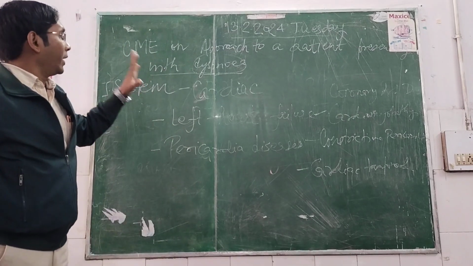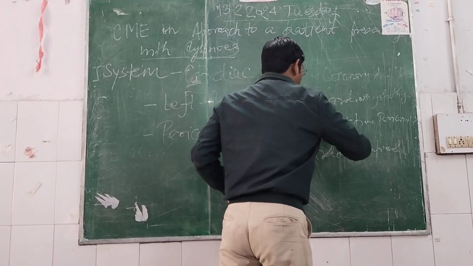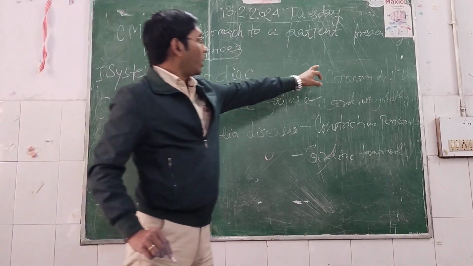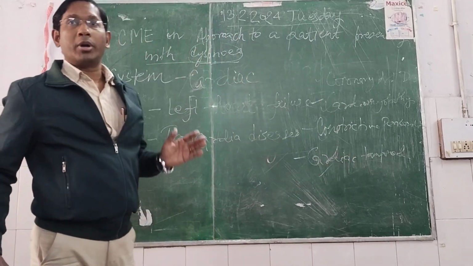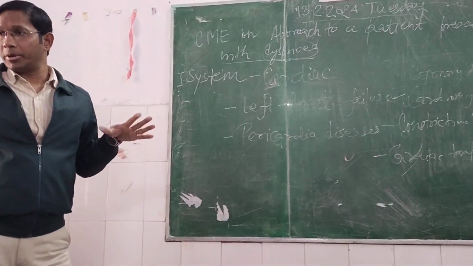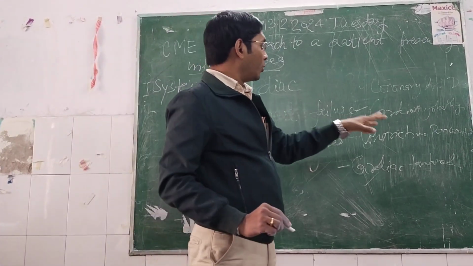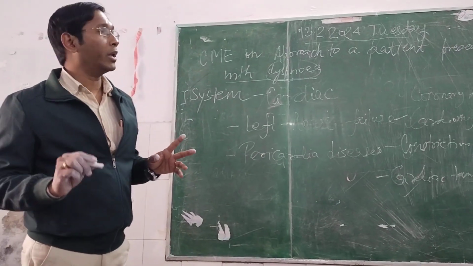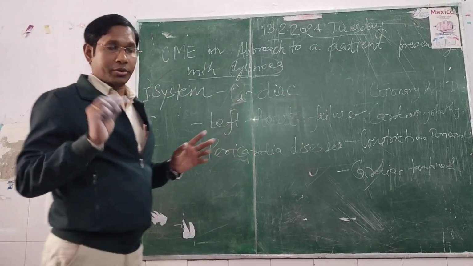So you should think about how ultimately these conditions become the causes of dyspnea. So what will be the cardiac causes of dyspnea? Coronary artery disease, cardiomyopathy, constrictive pericarditis, and cardiac tamponade. You should keep all these things in mind while you encounter a patient of dyspnea. And how you will reach down to the actual diagnosis, I will be telling further through the symptoms, physical findings, mechanisms underlying, and initial diagnostic study.